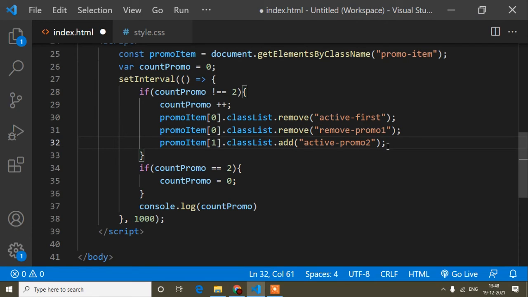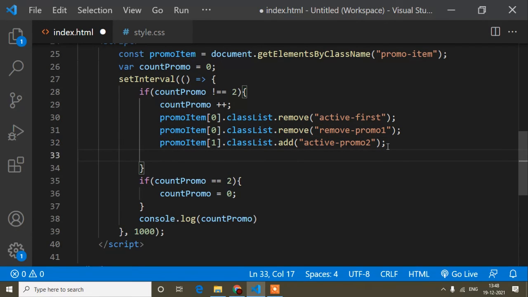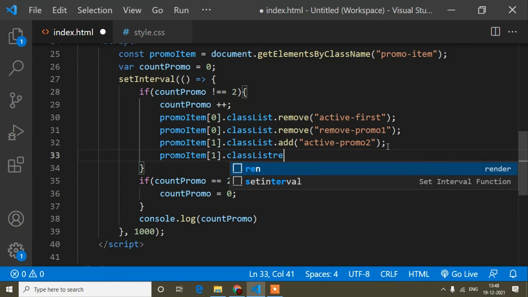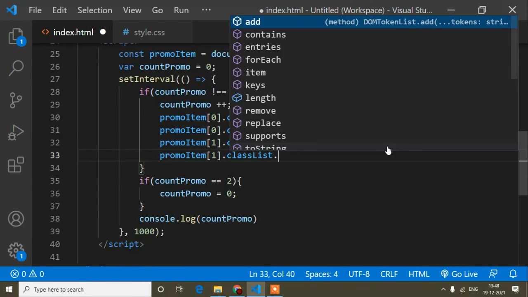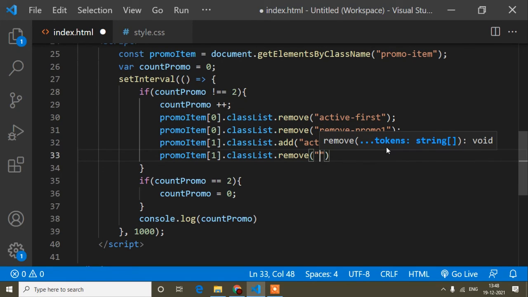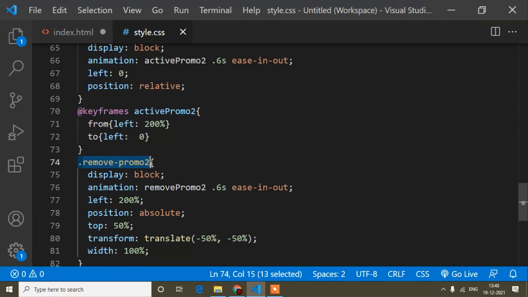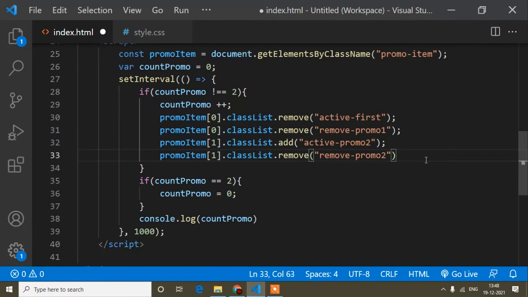And when the second item is active, that means it should remove the class, class list dot remove, I mean this class like this.